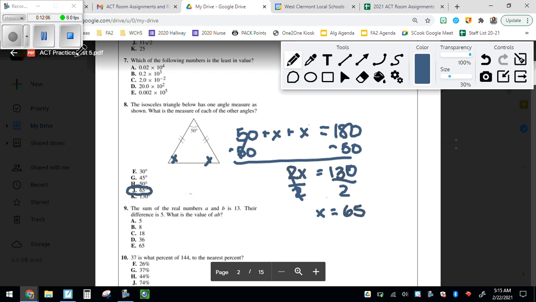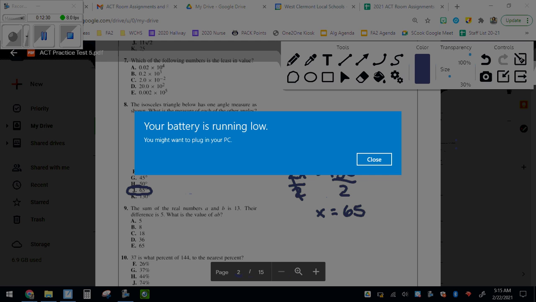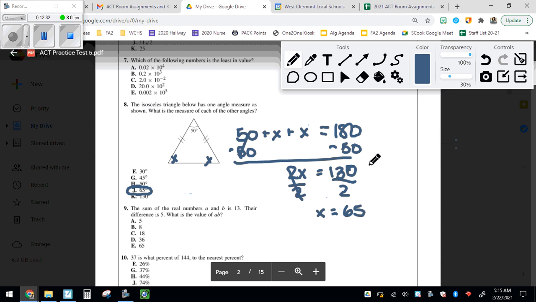All right, number 9 is a little bit of guess and check. There is no mathy way to do this. There's just trying to know your math facts. The sum of the real numbers a and b is 13. So if you add two numbers together, you get 13. There's a whole bunch of choices there. Their difference is 5. So if you subtracted them, you would get 5. So let's try and think of some numbers that if you added them together, you get 13. Well,